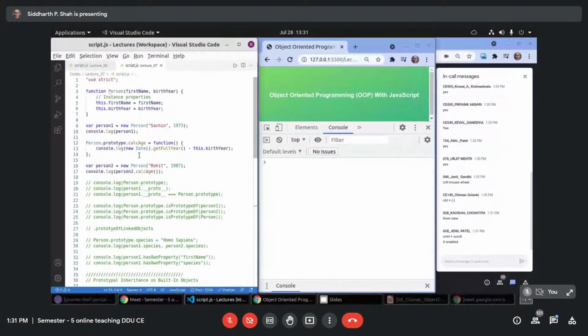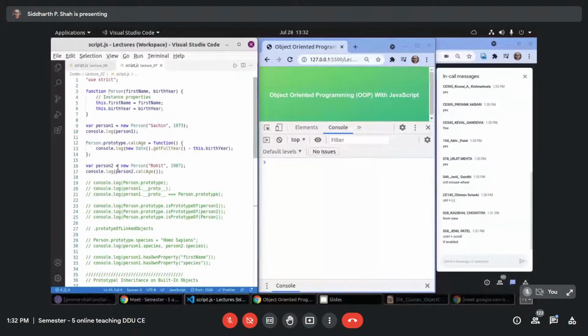So when I add any property in the prototype, it will be inherited by all the objects that are created from this constructor function Person. So all objects will share this method, though they need not copy this method in their own space, but they can use it.